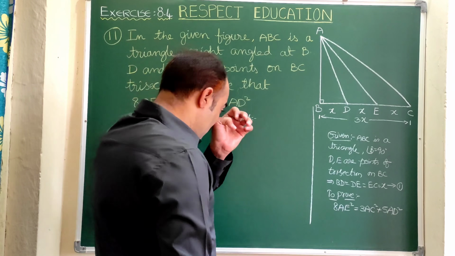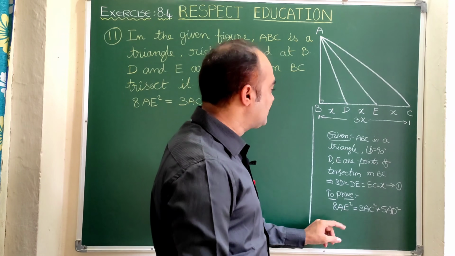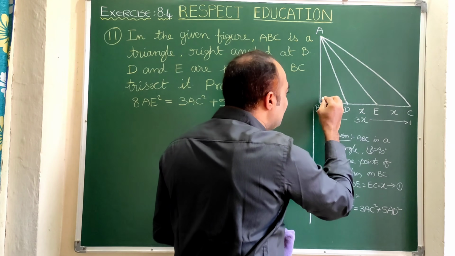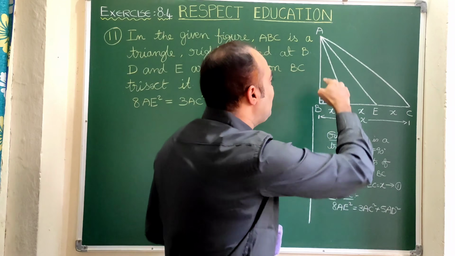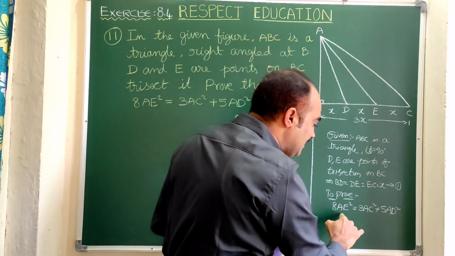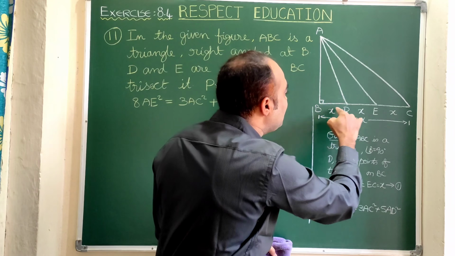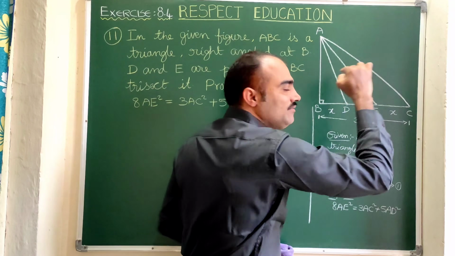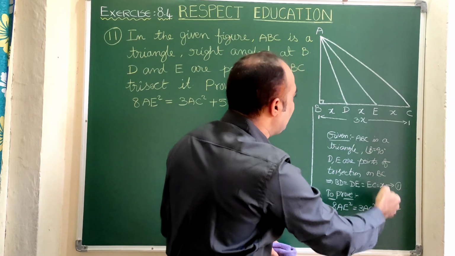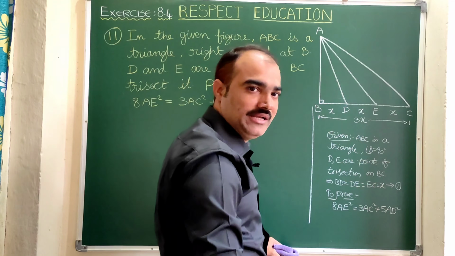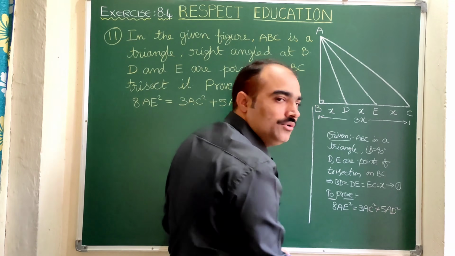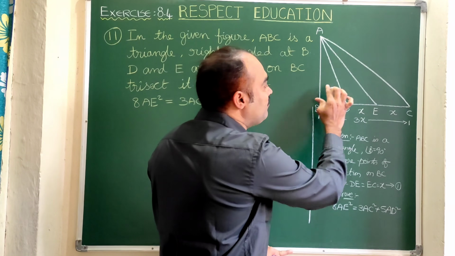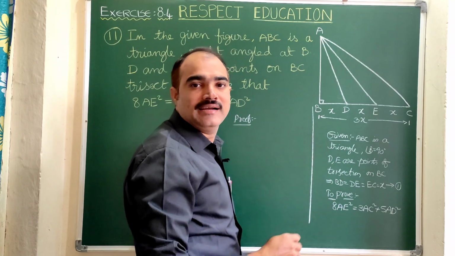Here it is asked that AE square. So this AE, let us involve with the angle B. So here, let us take ABE. To get this value of AE, we need to take triangle ABE. To get AC, we need to take triangle ABC. To get AD, means AD square, we need to take triangle ABD. That means here for each value we are going to involve angle B, that is 90 degrees. That means here we are going to divide this problem into 3 right angle triangles.